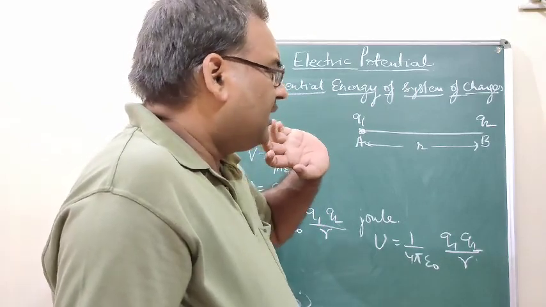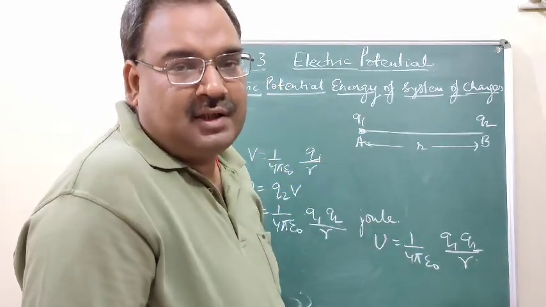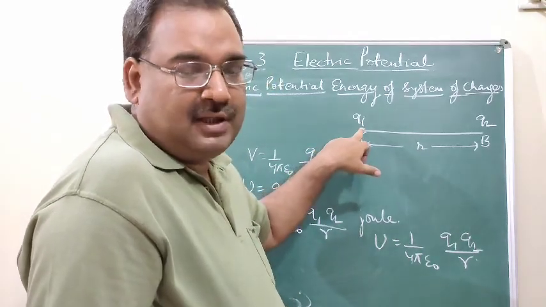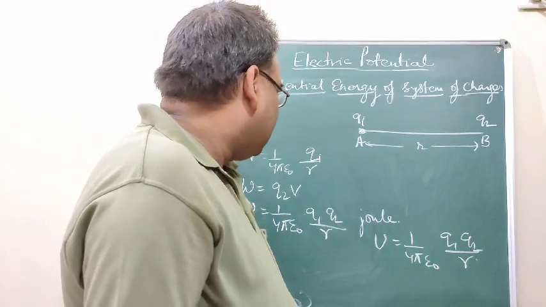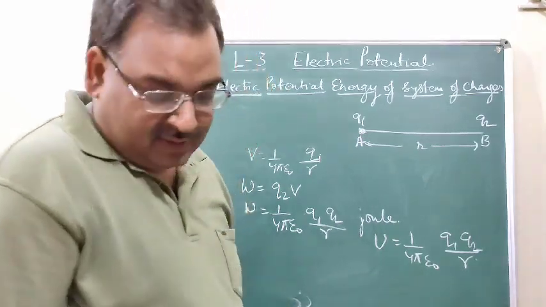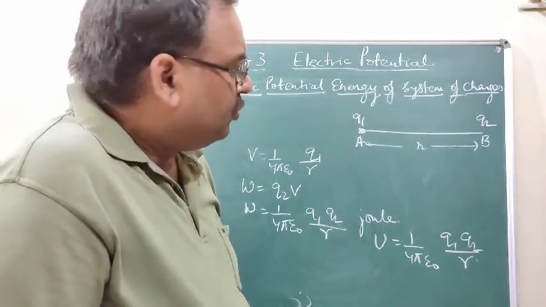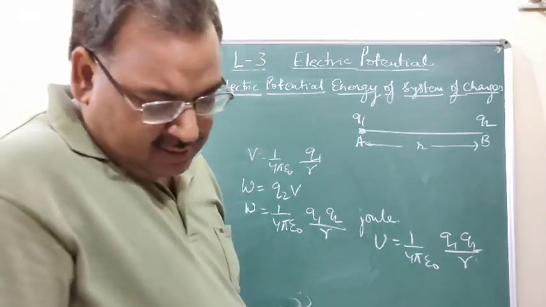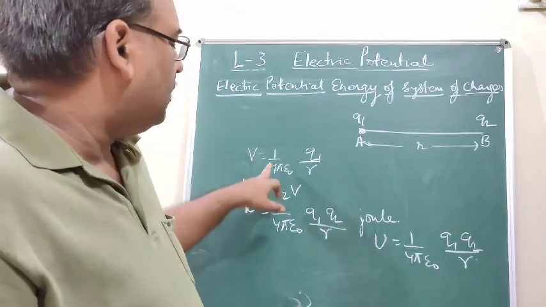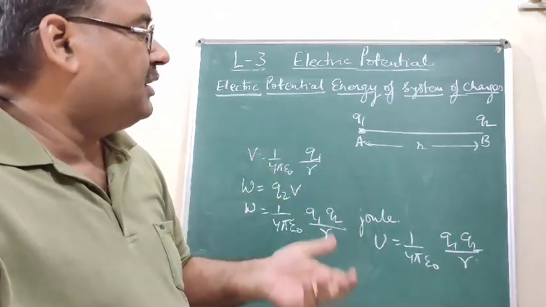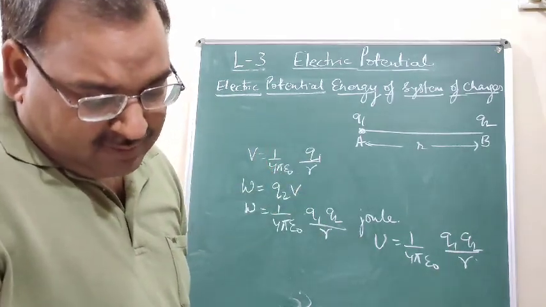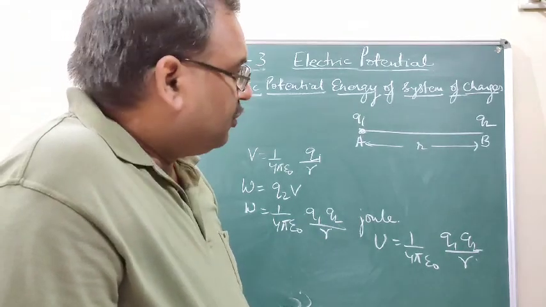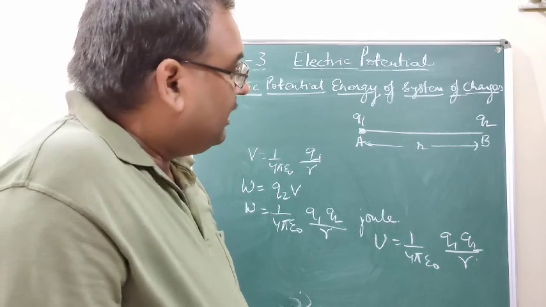Now we consider the particle Q2 at infinity, and there is only one charge at A, Q1. What is the potential due to the charge Q1 at the point B? The potential is V equal to 1 upon 4 pi epsilon naught. If we are bringing the charged particle Q2 from infinity to a given point, the point B,